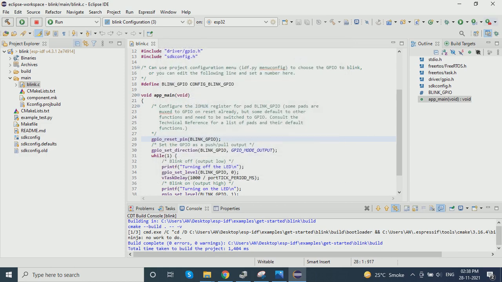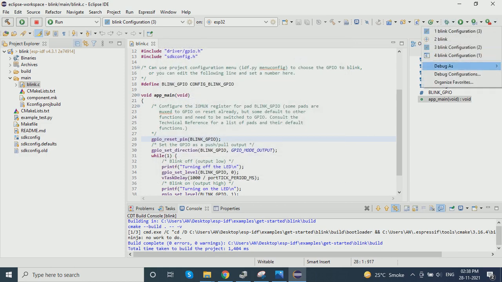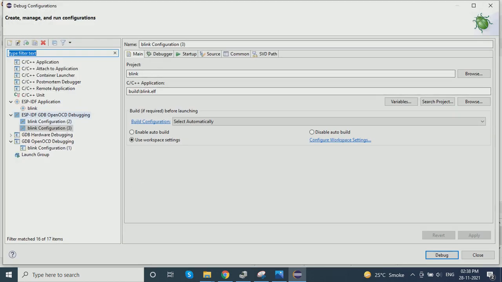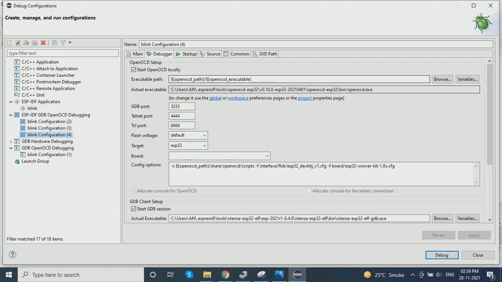So I have selected this, then I will go to this debug configuration. Okay, and this ESP-IDF OpenOCD. As I have already done this debugging previously, this kind of 2-3 entries are coming. So currently I'm selecting this for debugger. Make sure that you check the ESP rover kit is coming.